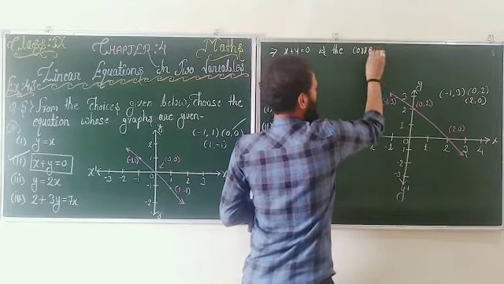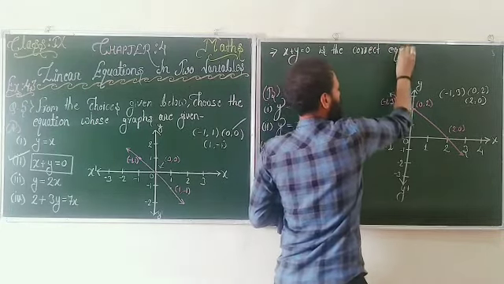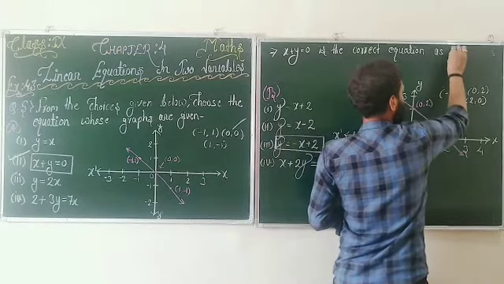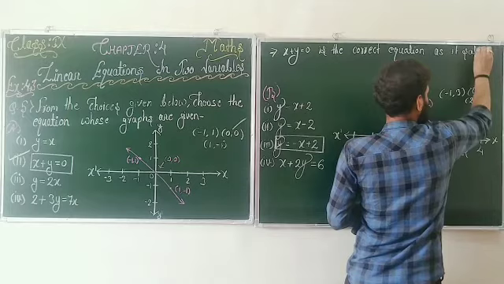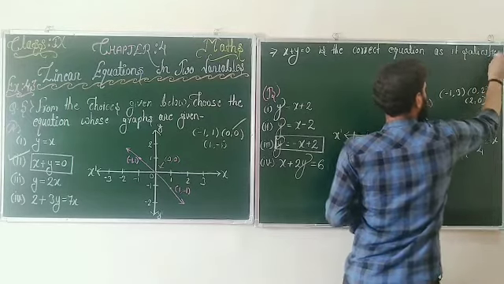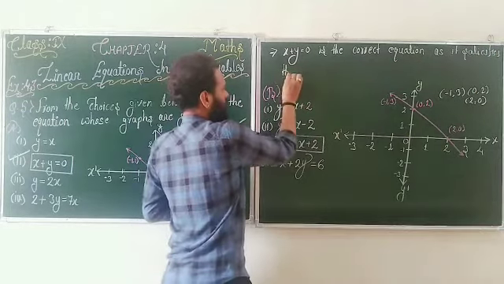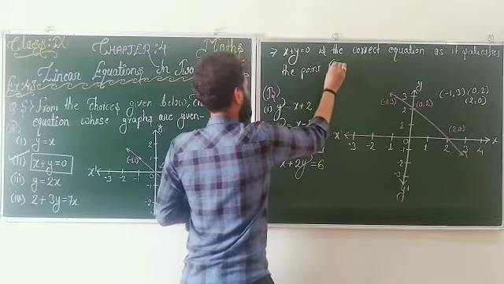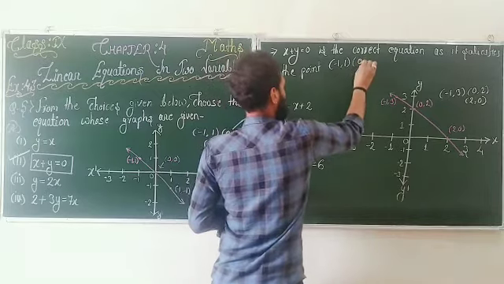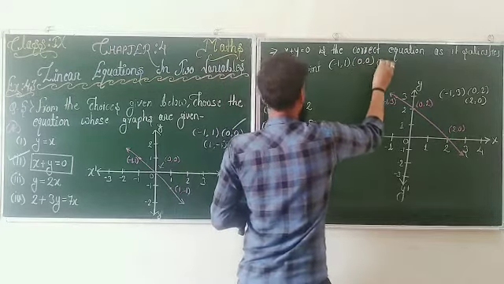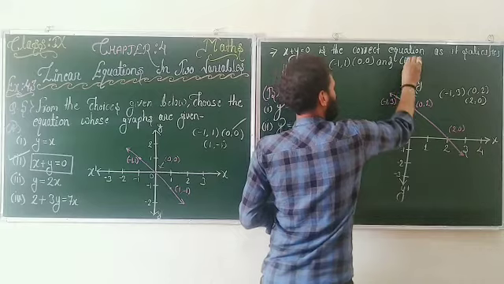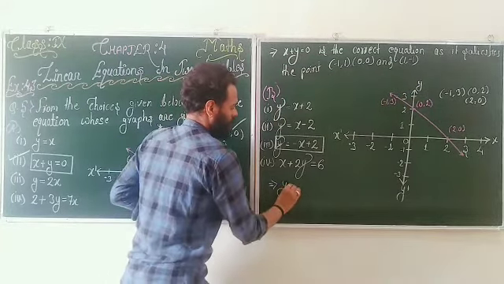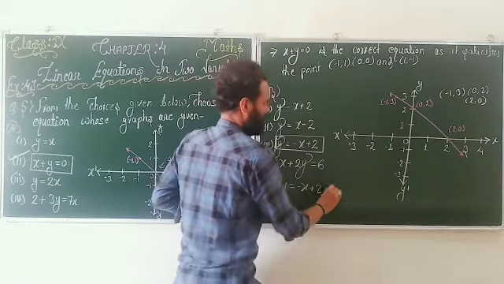x plus y equal to 0 is the correct equation as it satisfies the points -1, 1, 0, 0, and positive 1, negative 1. And in the second one, we find that y is equal to -x plus 2 is the correct equation